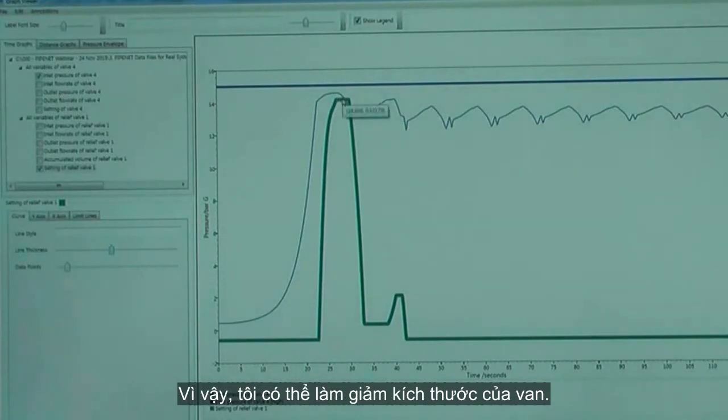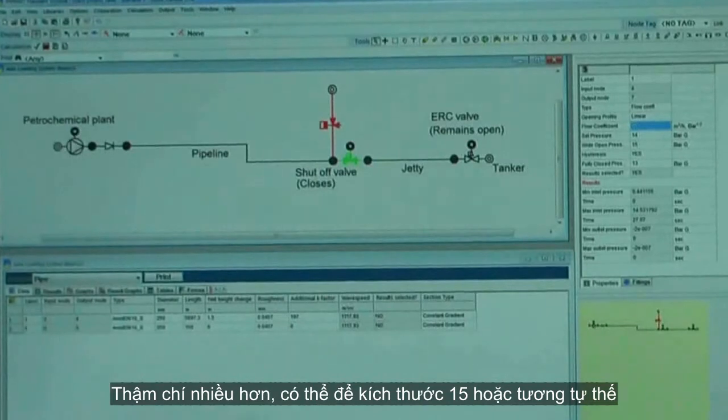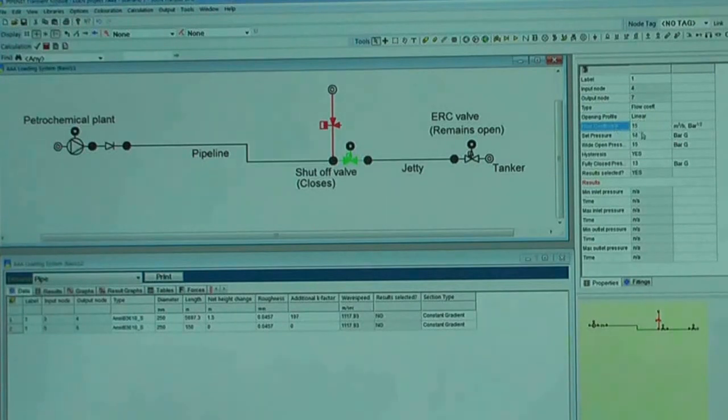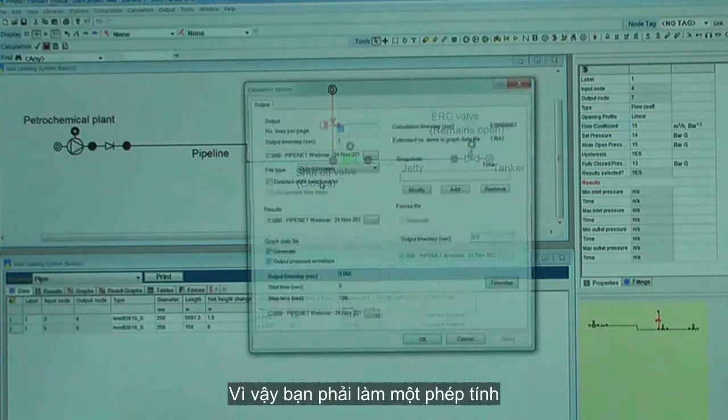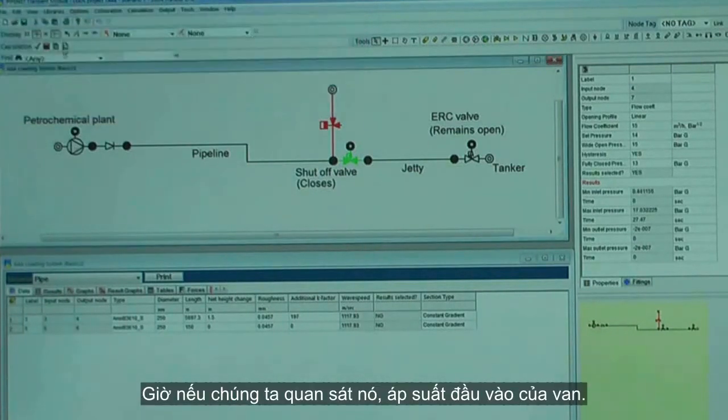So what we will see is if I can reduce the size of the valve even more, maybe make it 15 or something like that. Let us see. So you have to do a calculation. So if we look at it now,